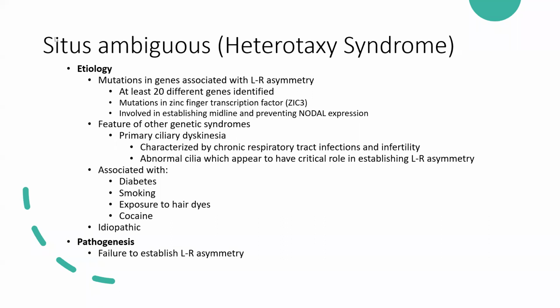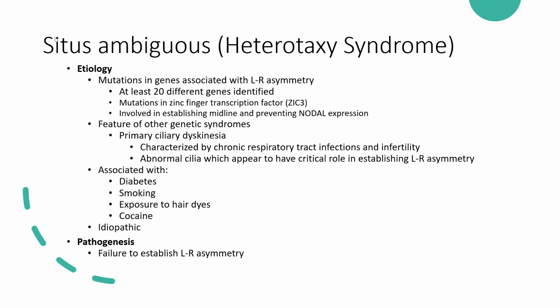And this is going to be associated with mutations in genes that are associated with establishing the left-right axis. At least 20 different genes have been identified as a factor in this. Mutations in the zinc finger transcription factor ZIC3, especially, have been noted, and this is involved in establishing the midline and preventing nodal expression. Other features of genetic syndromes, so it can be a part of primary ciliary dyskinesia, which